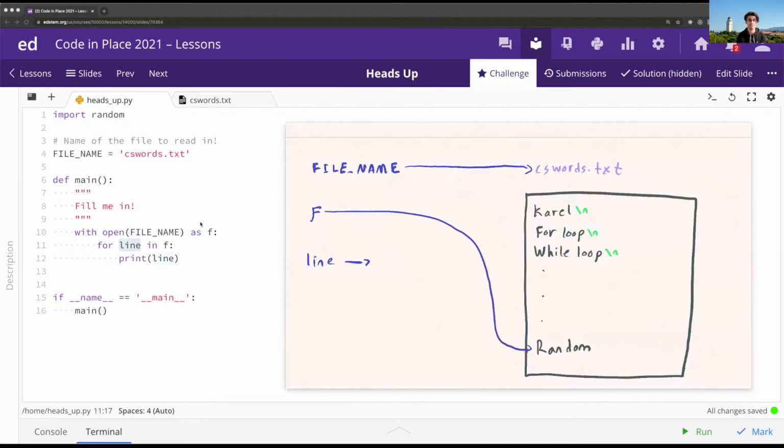F points at the very bottom of the file. That is the line starting random. So this is the very last line of the file. And so what's actually going to happen here is that we'd read that line. So our line would be equal to the string random. And then F would stop pointing over here. So it would point at the very end of the file. And because there isn't a new line to go to, there's no new line character over here, what would happen is the for loop would end.